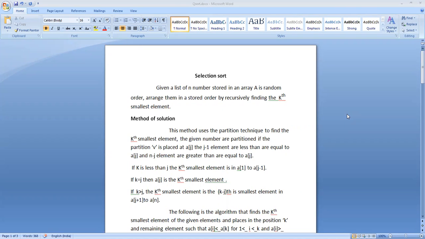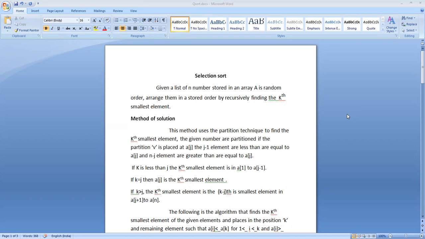The quicksort algorithm will divide the given numbers into two areas such that after the division, the partition value will be placed in the right location. So how does it work? The partition value is compared from left to right and from right to left. Okay. Then values that are less than the partition value are placed in front of it. Values that are greater than the partition value are placed behind it. At the end of this process, the partition value will be in the right location. That is how it will work.